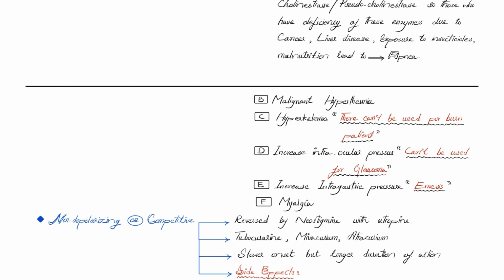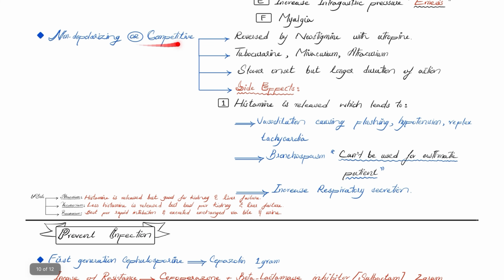Now, non-depolarizing or competitive muscle relaxants. They are reversed by neostigmine combined with atropine. Examples of this are tubocurarine, mivacurium, and atracurium. They have a slower onset of action but longer duration. Side effects